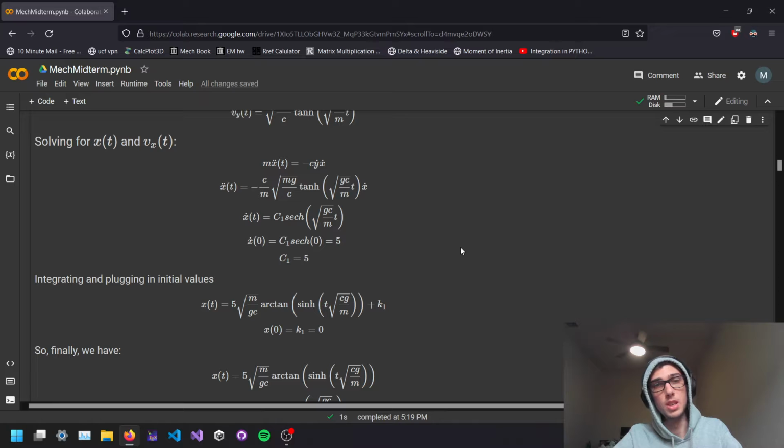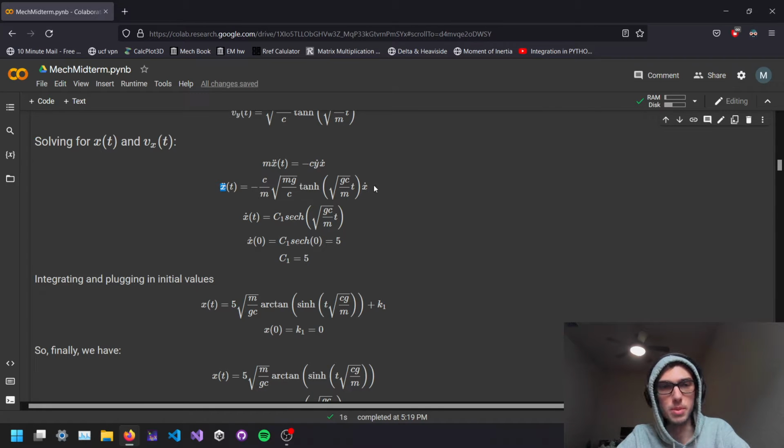Next, we move on to the x position and x velocity. So starting with our equation of motion, and then dividing by m, and then also substituting in our y velocity, and then multiplying by our x dot from here. So what I did when solving this and plugging it into Wolfram Alpha is instead of x double dot, I just said v dot, and then instead of x dot, I just put v. This makes it a first order differential equation instead of a second order differential equation,